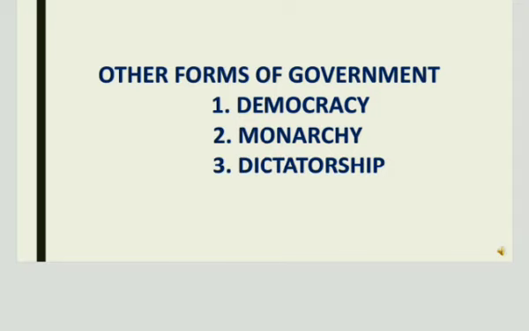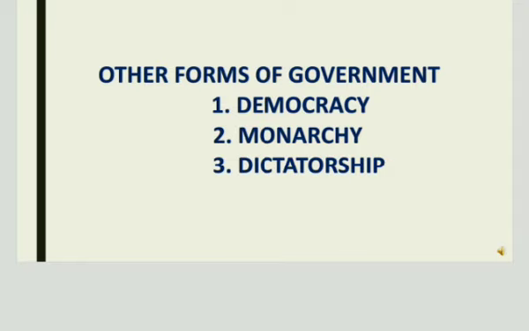As we have already discussed, democracy is the people's rule. In this, the people have the power to make their own government. Through elections, they participate and vote for a particular person, and these persons form the government. In a democracy, the government has to explain its actions and defend its decisions to the people. Next is monarchy, where the monarch has the power to make decisions and run the government. In a monarchy, all the power is in the hands of the king.